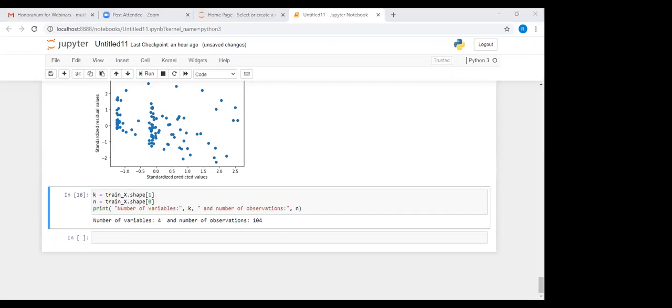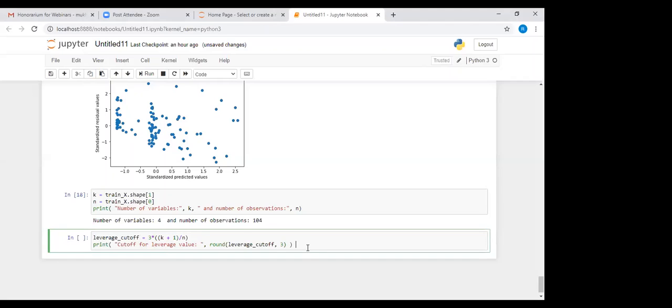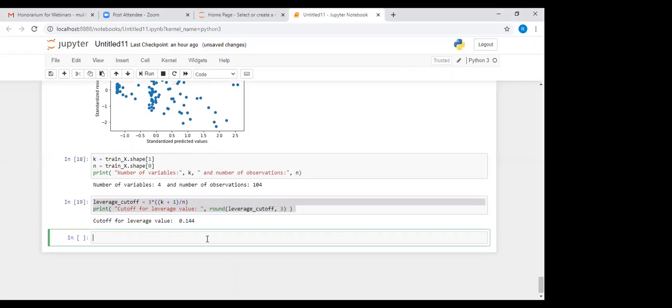Then we will define the leverage cutoff, which for this is 0.114. So values more than that will be considered to be highly influential.